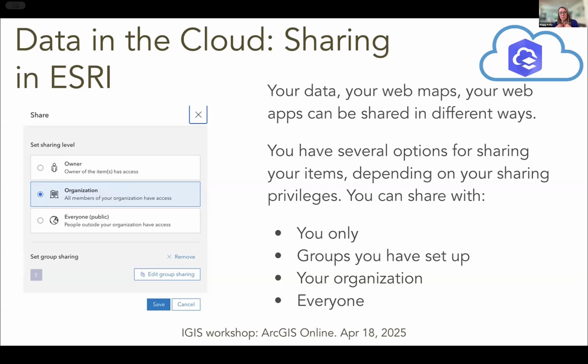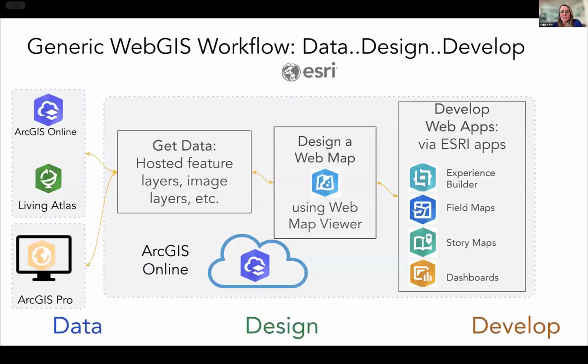So I have data that's just for me. I'm still working on it. I have data that's within my group. That's IGIS. I have data that's within UCANR, and then I have data that's shared publicly. And it's important to pay attention to that kind of stuff. But the gist of it all is this data design develop